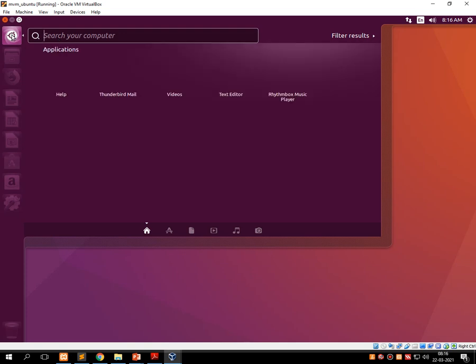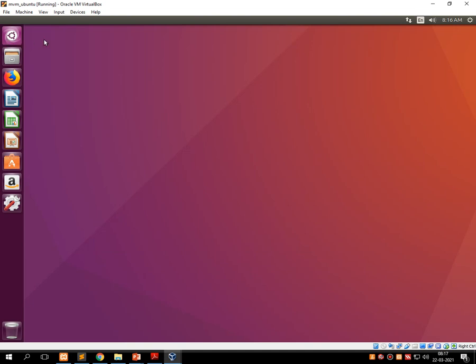Still, the entire resources of Unix are not loaded properly. Let's wait a few seconds more. Ubuntu is a little bit of a heavy system software, so it might take a few minutes. Keep patience and wait for this operating system to get loaded successfully onto the screen. Once it loads successfully, everything works very fast.